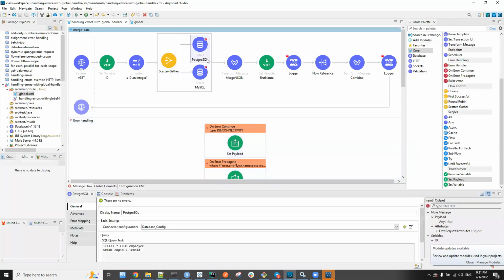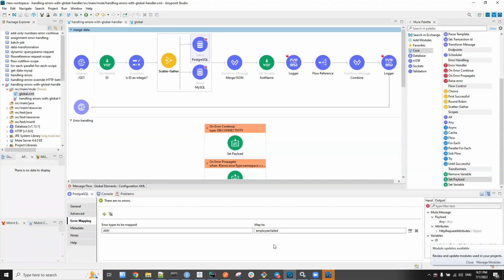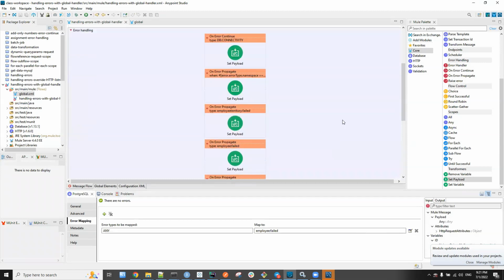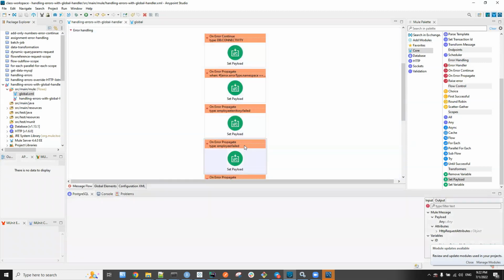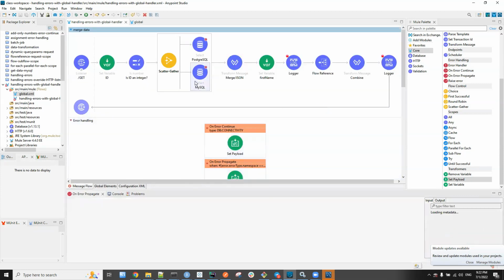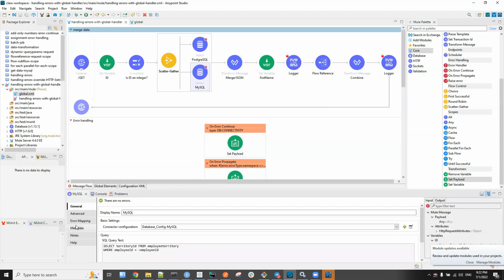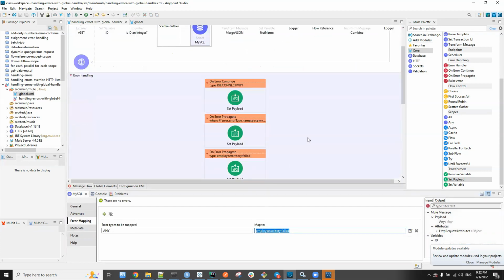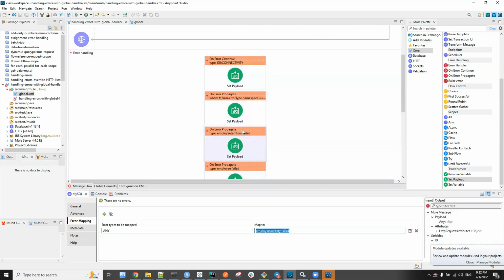If Postgres is down, the error for this connection, I am mapping it to employee failed. So employee failed should be handled by this error handling scope, which is on error propagate. If MySQL is down, the error is mapped to employee territory failed, and that should be handled by this one.